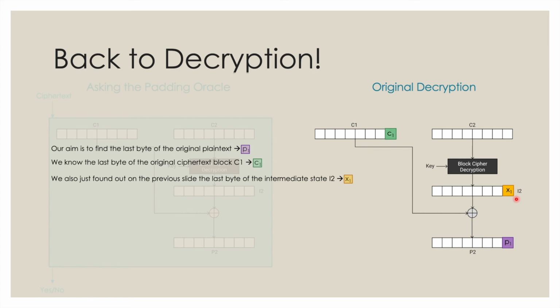Once again, we have an XOR operation over here. We know X1 and C1, so we can just XOR these two things together to get us P1. And just like that, we found the last byte of the plaintext. From now onwards, we just need to repeat this process for the rest of the bytes, moving from right to left. Just to make things clear, I'll go through how to obtain the second last byte of the plaintext as